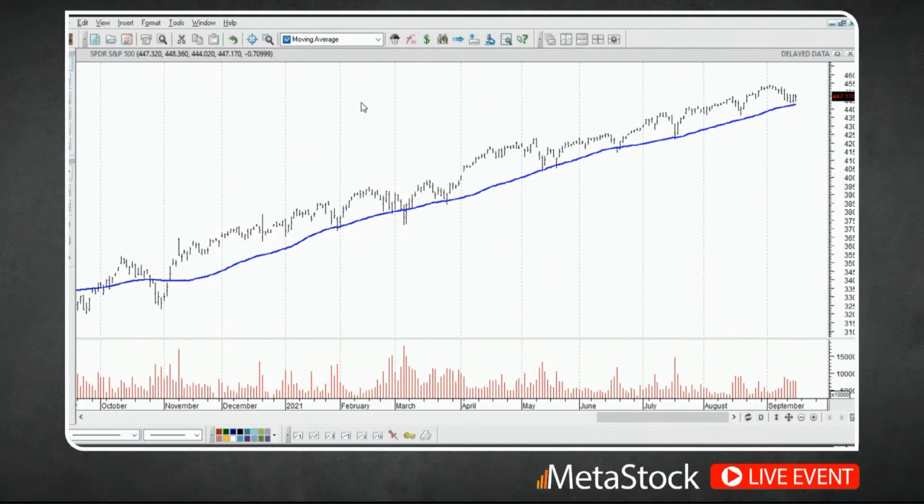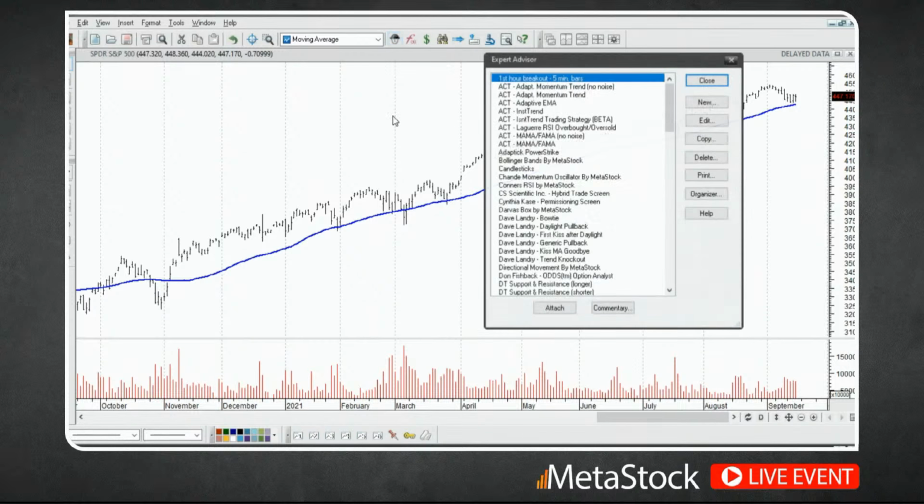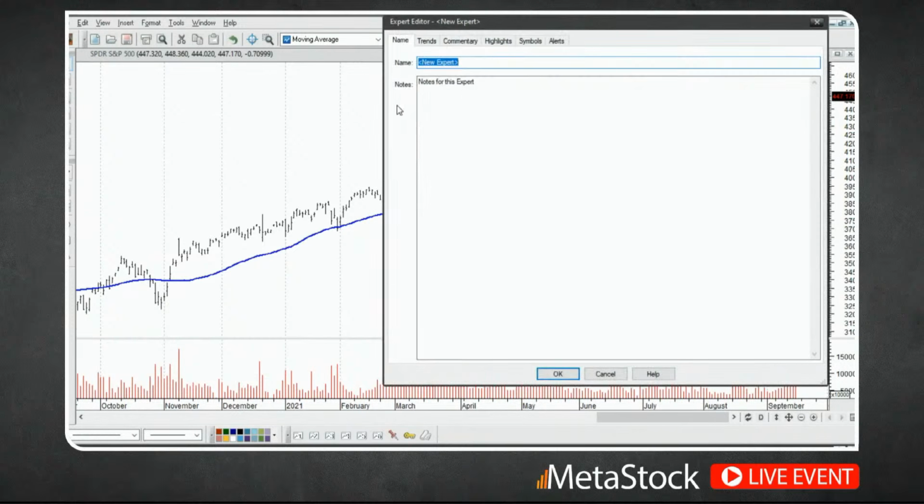So first thing I'm going to do is create an expert advisor again from scratch. To load the expert advisor, I'm going to click on this little guy up here at the very top, the guy with a hat on. And we're going to click on the new button over here on the right-hand side. And we're going to give it a name. Now, whenever I create a formula or an expert or a system test or an exploration, I typically will use a wildcard at the very beginning of it.